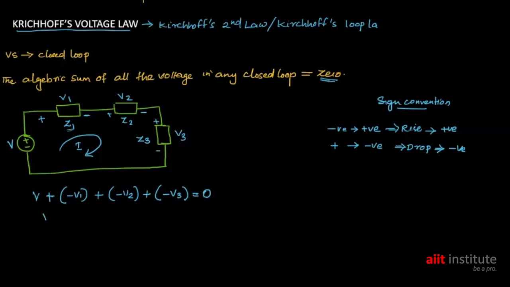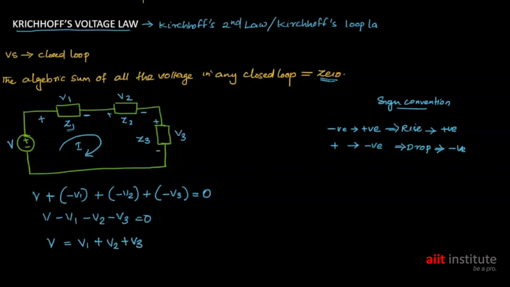So we can say that V minus V1 minus V2 minus V3 equals 0. From this equation we can say the applied voltage is equal to V1 plus V2 plus